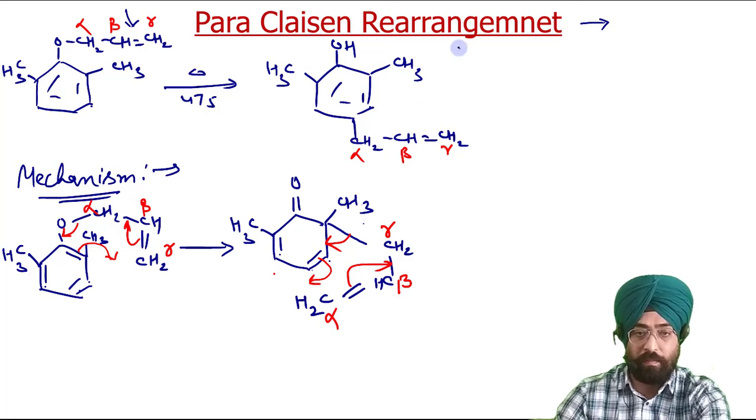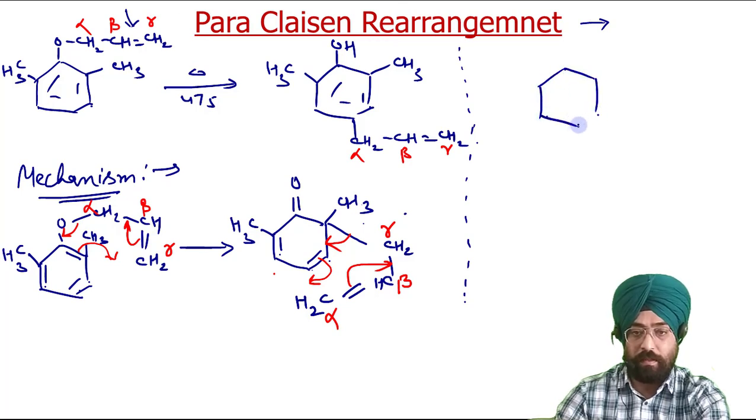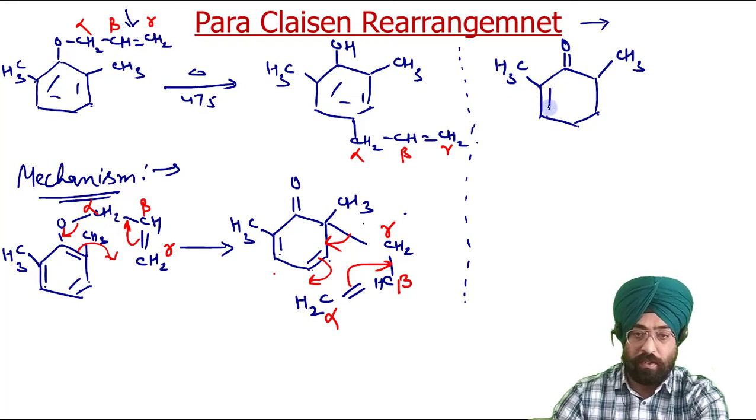I will write the product from this rearrangement here because I have good space here. What I get here is this as it is, this is C double bond O as it is, CH3 CH3. Now this as it is. Now this bond has shifted here, so it is your CH2 CH double bond CH2.